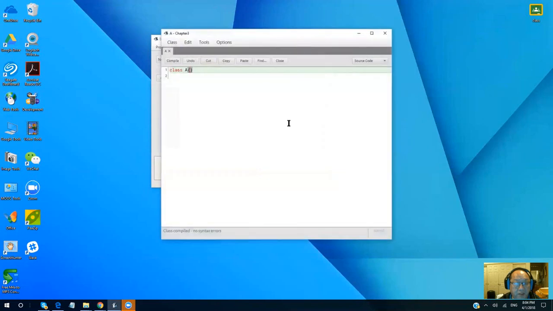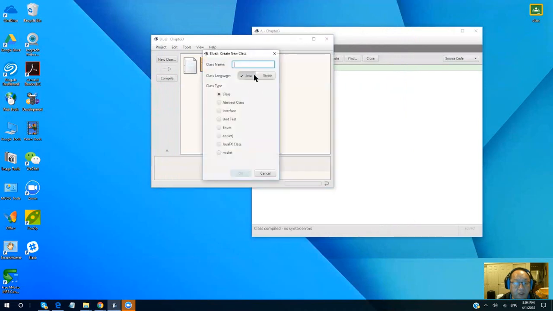The minimum class that you can create is like this: class, then space, A, and then left and right curly braces. So it's 8 symbols in total. And this one is a legal program. You click compile, no problem, right? It's no problem. And then I can create another one called